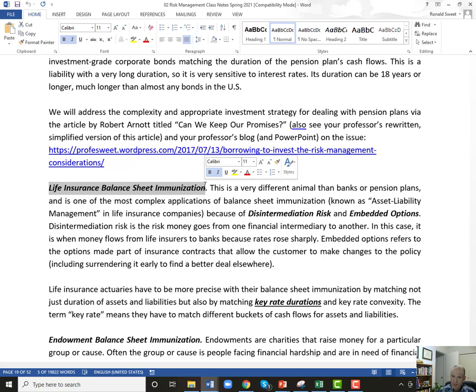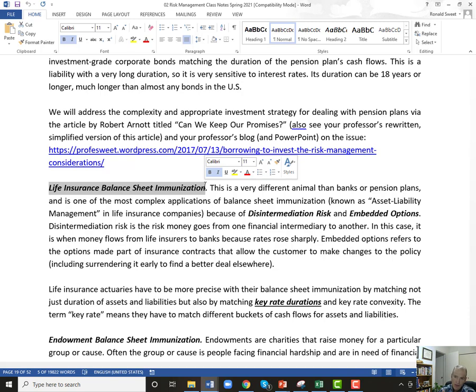Life insurance companies put all their money in bonds, and so the rate that they pay their customers doesn't move very quickly because they have all these 5 and 10-year bonds. If interest rates shoot up real quickly, they're going to keep offering about the same rate, whereas bank CDs might jump up to 8 or 9%. That's disintermediation risk: when you move from one intermediary like a life insurance company to another one, a bank. And so insurance companies have that problem.